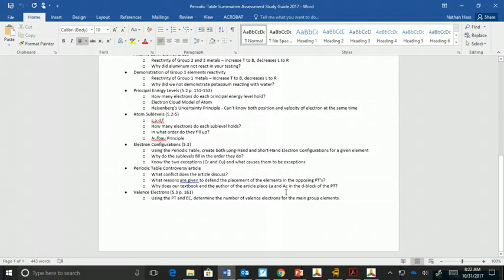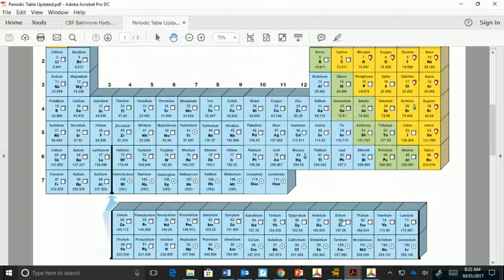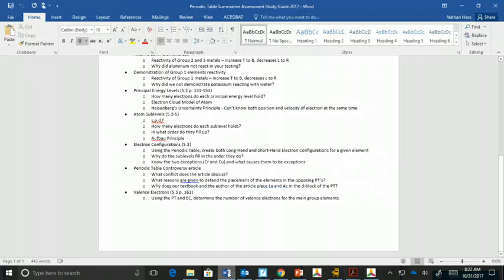Why does our textbook and the author place them there? Again, because it just makes more sense. It's certainly easier for us to do our electron configurations, since we know that there are only 14 in this F sublevel. If you count these squares, there are 14 there. And we also know that these guys have that electron in the 5d and 6d, so therefore it makes more sense to keep it there.